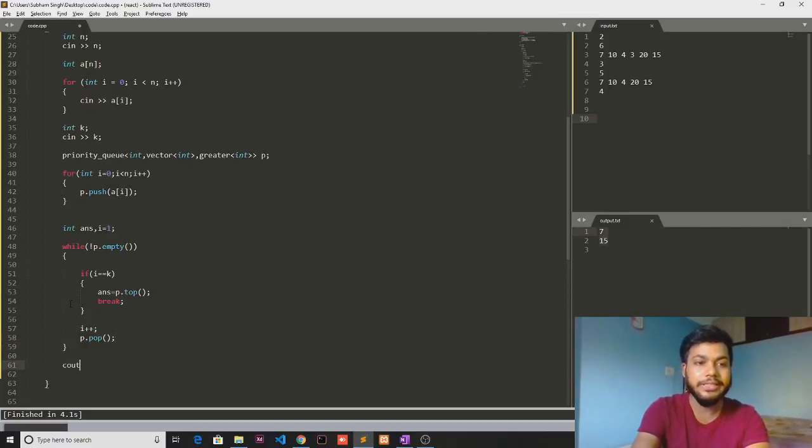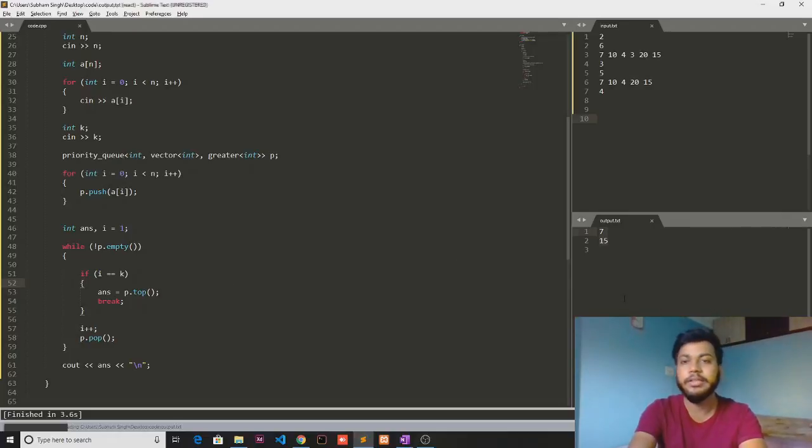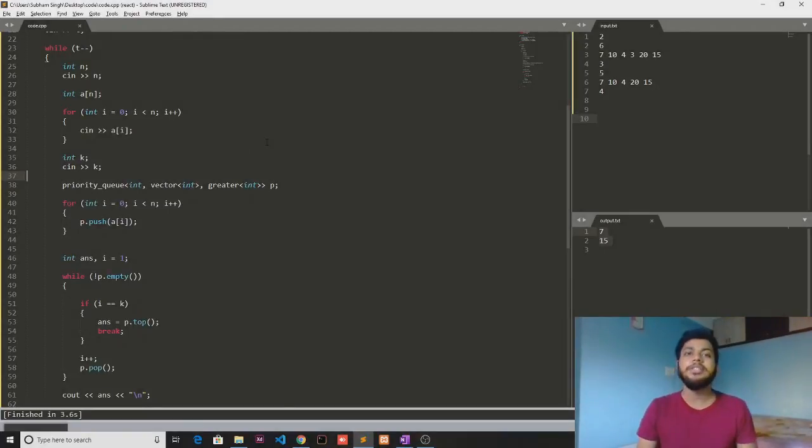Okay, now I'll just simply print the answer and let's compile it. So here is the answer, no changes, and it is correct. So these were the two approaches that I discussed in this video. There is one more approach, which is the partition approach. The best time complexity takes the order of n, and the worst time complexity takes order of n square. The code for that approach will be in the description below.